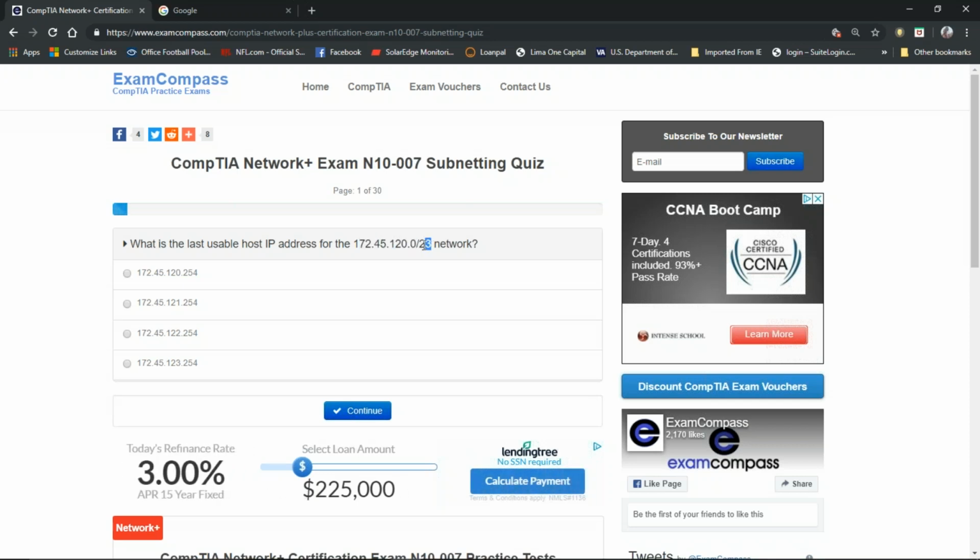And here's your subnet mask. So you have to find out the range, and then you have to figure out, okay, what's the last address, and then the one before that is going to be your last usable. Okay, so you have to make sure that you know how to do all of these before you do this,